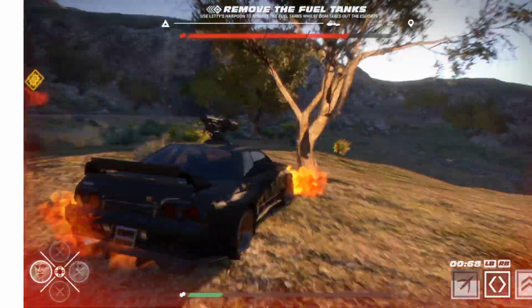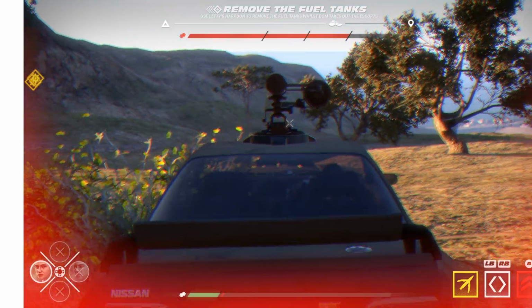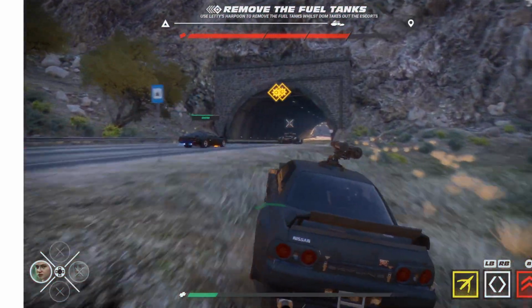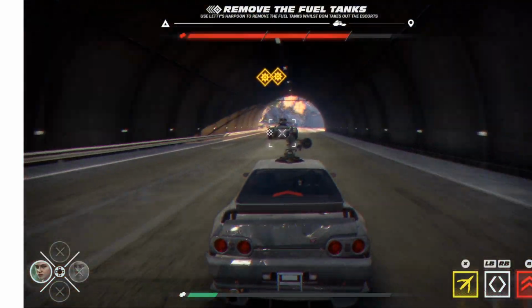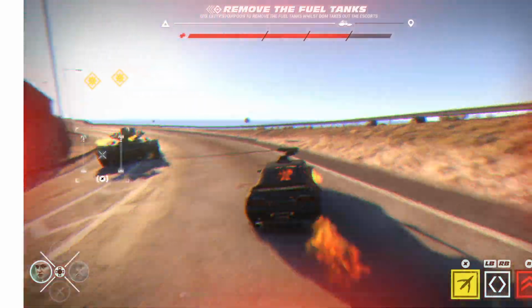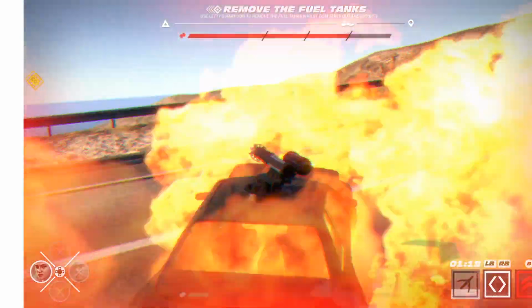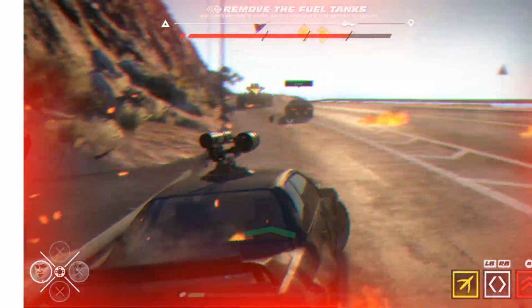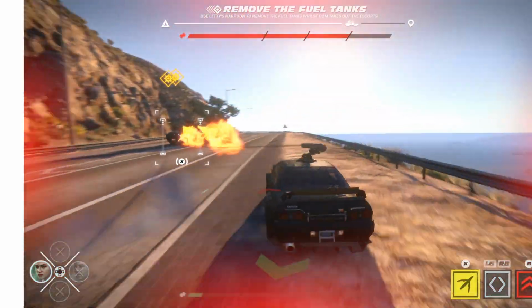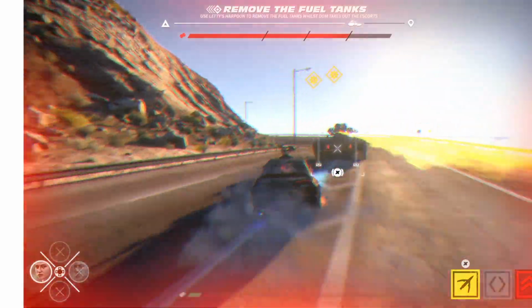Okay, I guess I gotta pull him off the road, maybe. Remove the fuel tanks. The text I can barely read. This is a problem in the menus, too, because of how it's layered. Remove the fuel tanks while Dom takes out the escorts. Okay. Can I not die? I mean, I have a health bar right there. So, I guess, you know, that answers my question. Okay, maybe I have to...